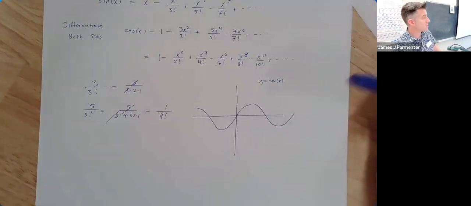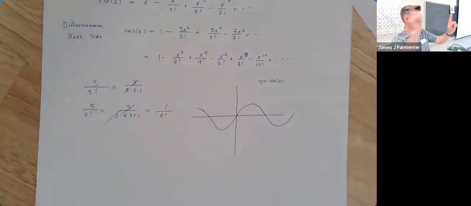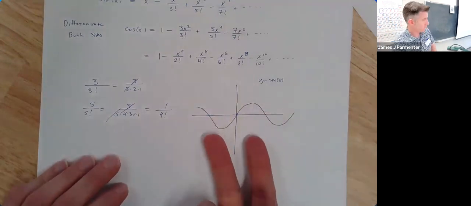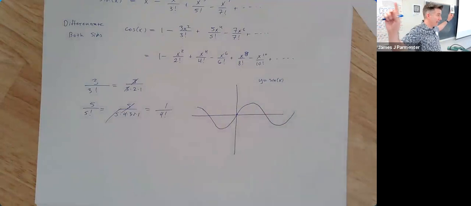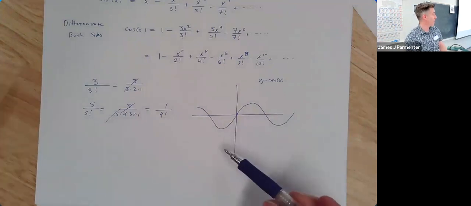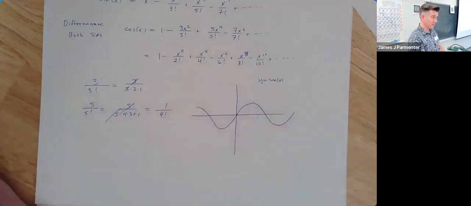So I'll remind you, a function is considered to be even if it has reflective symmetry across the y-axis. If you could flip this around the y-axis and it looked the same, for example, like y equals x squared, that is an even function because it looks the same when you flip it across the y-axis. This is not an even function, but it is an odd function. It has what's called rotational symmetry. If you rotate this 180 degrees around the origin, it looks the same as before. So sine is an odd function, and not coincidentally,